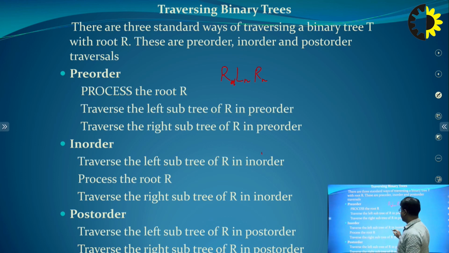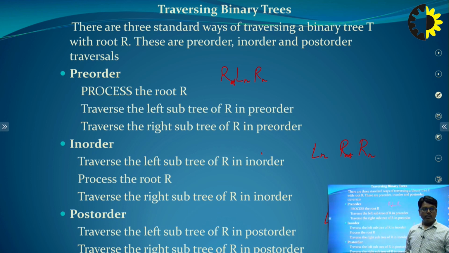In the case of in-order, when we are traversing the tree, we will traverse the left node first, then the root node, and then the right node. Left node, root and right node. In the case of post-order, we will traverse the left node, right node, then the root node. So this is how symbolically we can remember pre-order, in-order, post-order, the three standard ways of traversing the binary